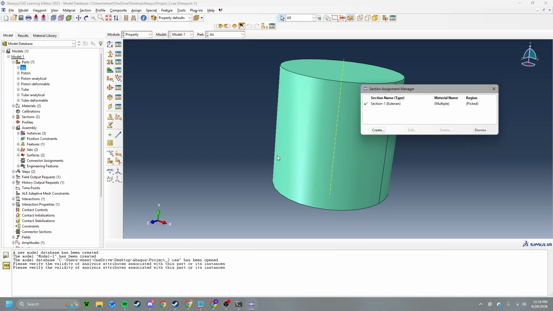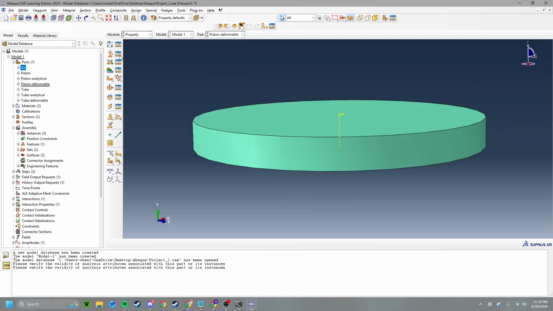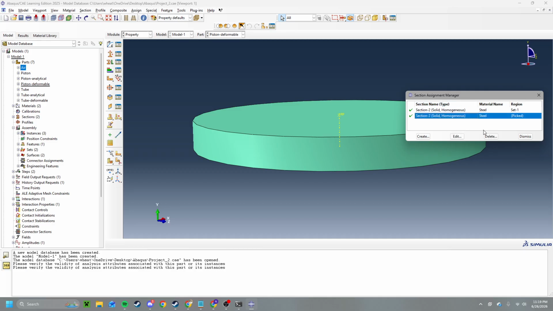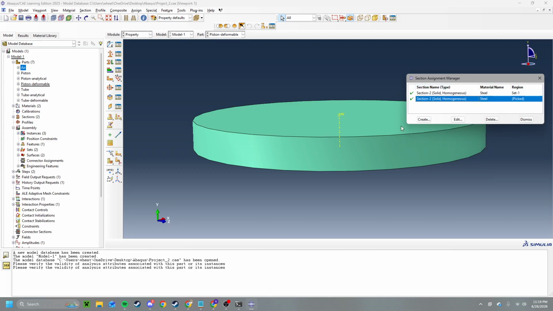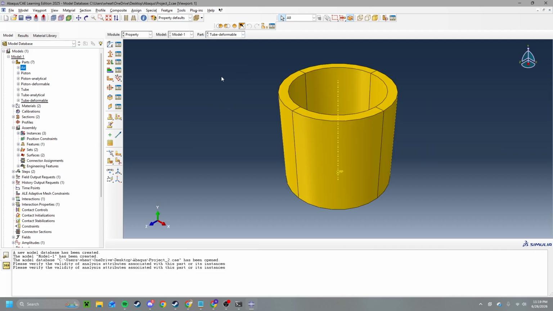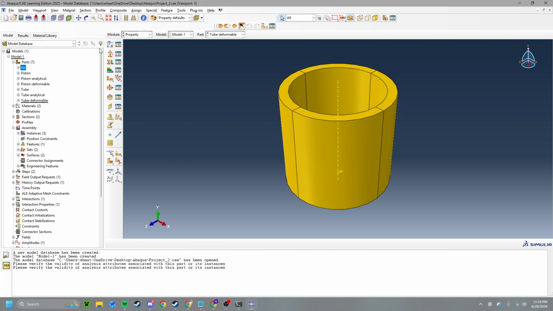See here, I have the part for air pulled up, so it's showing that I assigned Eulerian to it. If I go to deformable and I go to here, you can see I set steel to this component. And it'll be the same for the tube, except I assigned it 3 times because for my